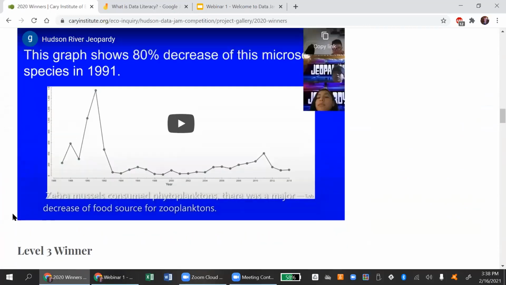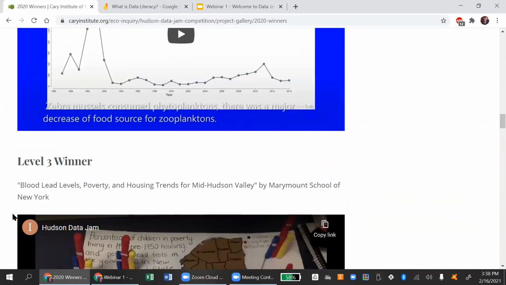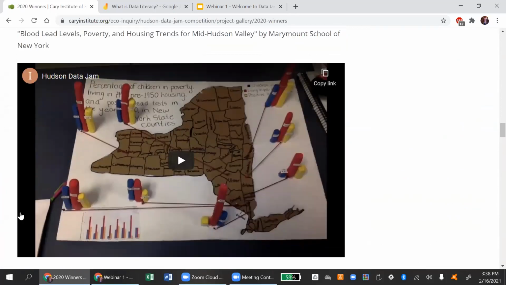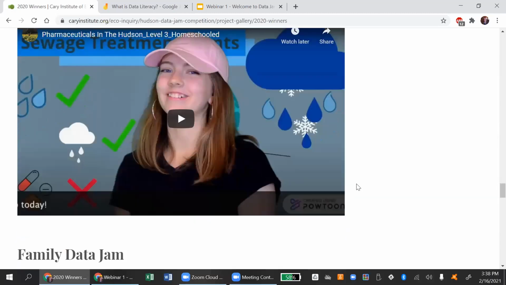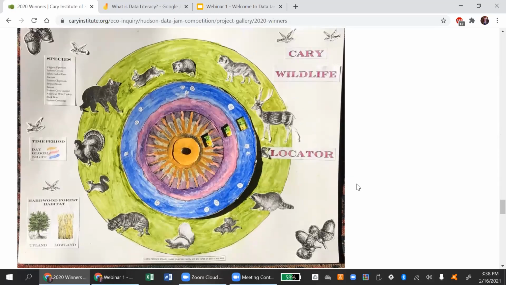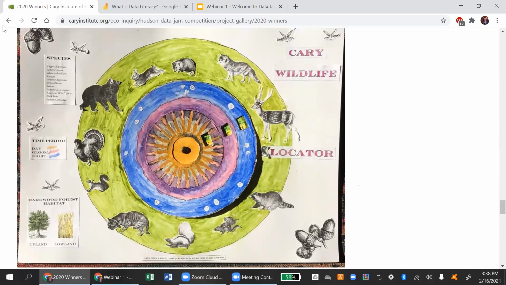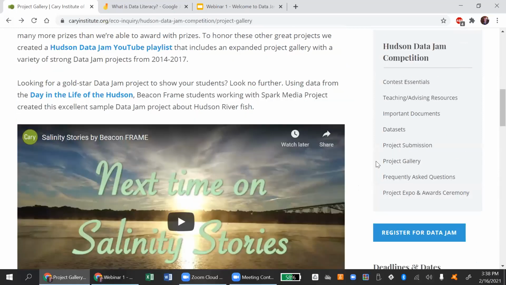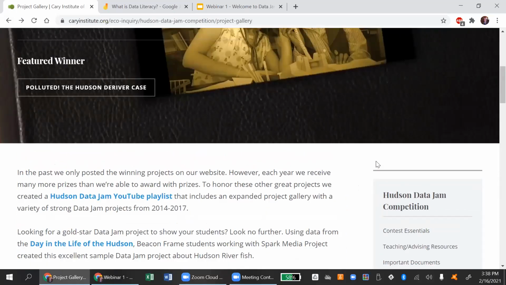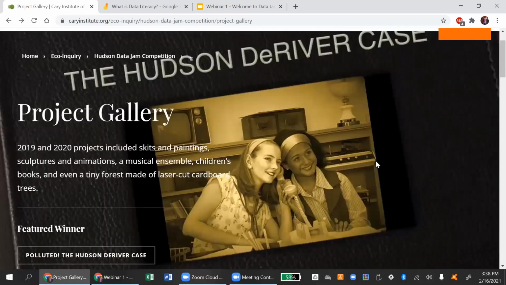There was this beautiful spring migration story picture book, and then all sorts of videos, like a Jeopardy themed video. This one shows a model version of what students can create. The student created bar graphs out of clay. And then finally, there were videos and other illustrations. And yeah, I think that's an overview of the website. I'm going to stop